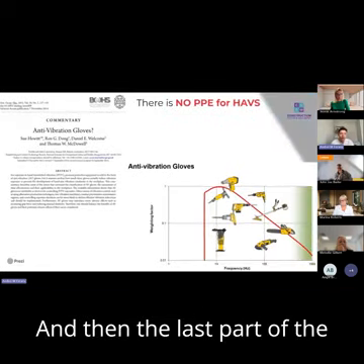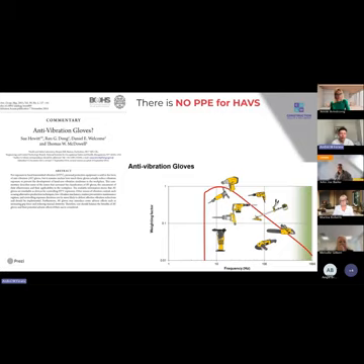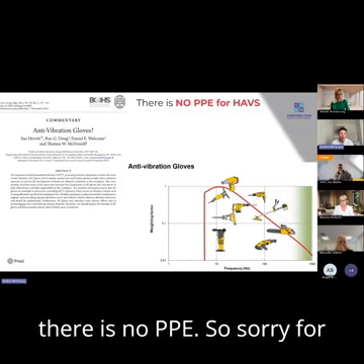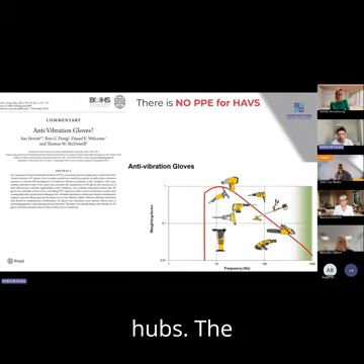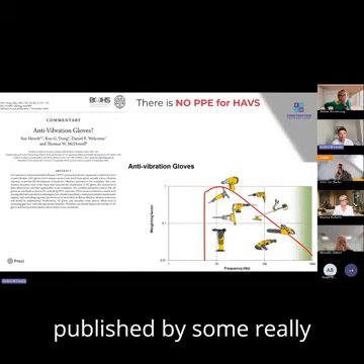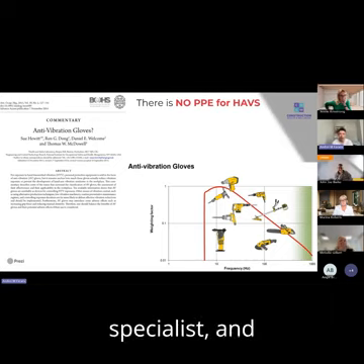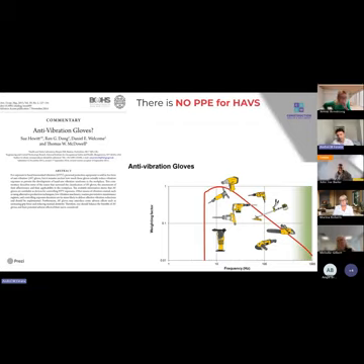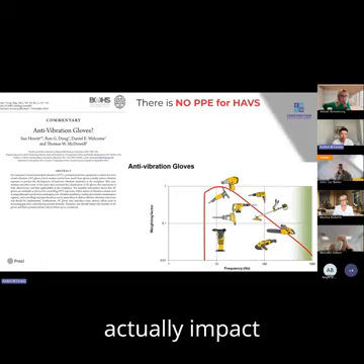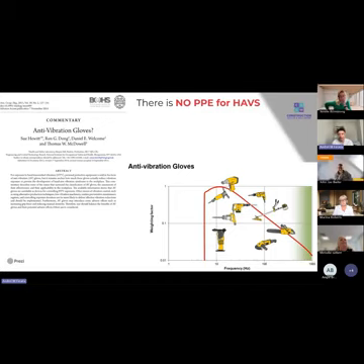And then the last part of the hierarchy of controls is PPE, but unfortunately for gloves there is no PPE. So sorry, for HAVS. There was a great study published by some really great scientists, Sue Hewitt, one of them, the HSC vibration specialist, and it clearly proved that anti-vibration gloves can actually impact negatively the